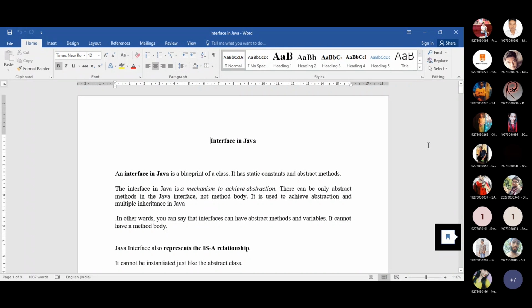That means all the things that you provide inside the interface will be abstract. You will just provide the name of the task, or simply, what you want to do will be explained. But how you will do that, that portion will be hidden.